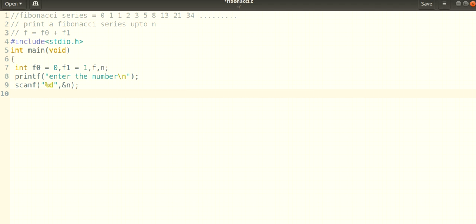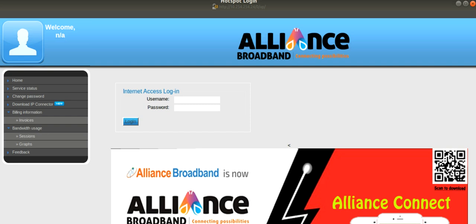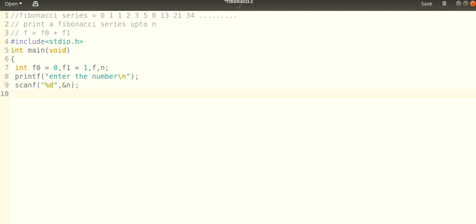And now just take a for loop, because since we will print the sequence of the Fibonacci series, we should take a for loop, because without any loop I cannot print a sequence. So first you can say here printf